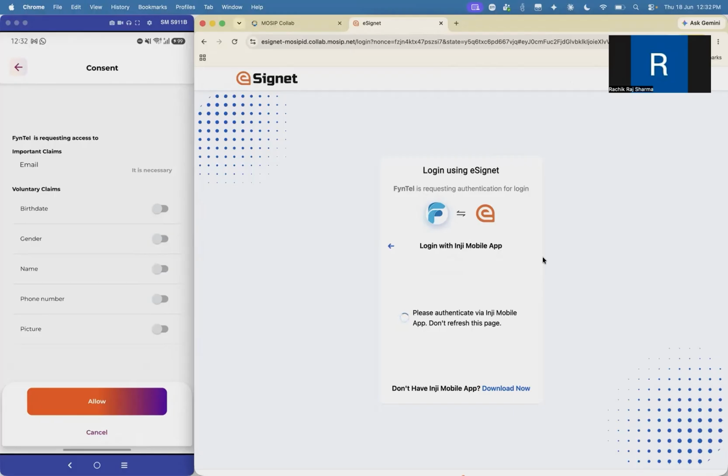So let's take a scenario where I choose birth date, name, phone number, and picture, but I decide not to share my gender, or not to give consent to the gender claim. So once I click on allow,